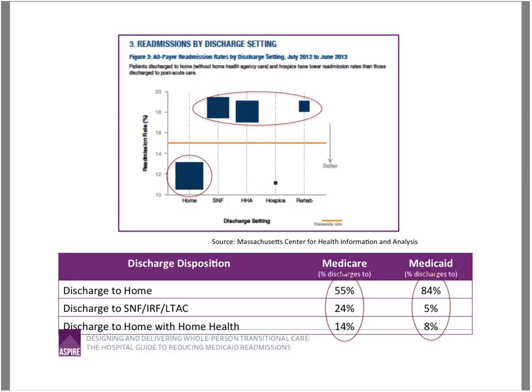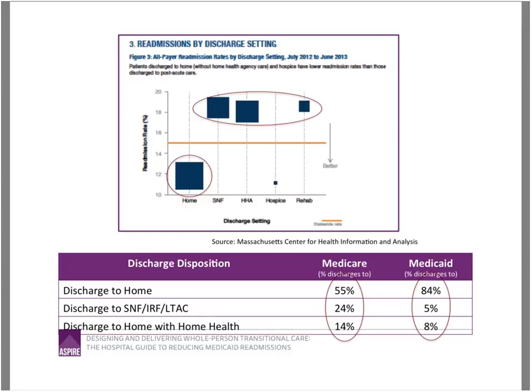The next graph we're looking at is readmissions by discharge disposition. And I find this to also be a very helpful way to differentiate groups of patients at different risk of readmission. So here in the top graphic, it's again from the statewide all-payer analysis in Massachusetts, and we can see here that of all patients discharged to home, their readmission rate was about 11%, again, any diagnosis, any payer, and